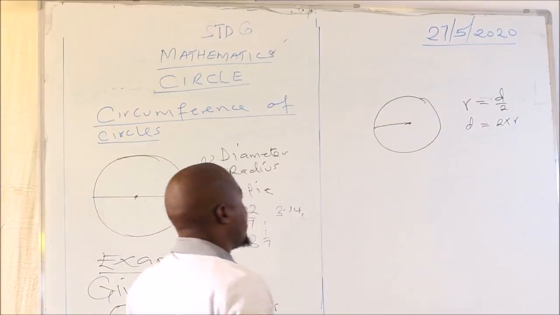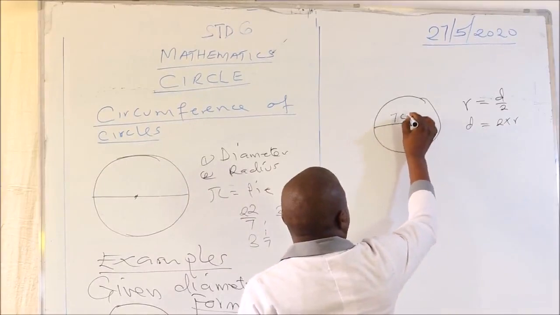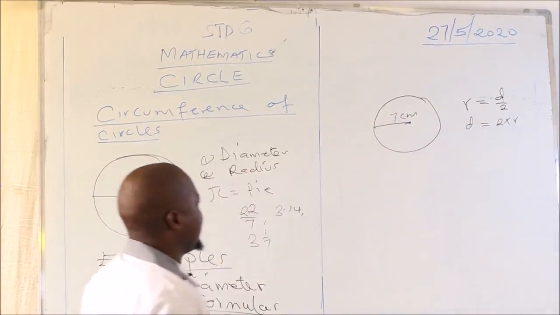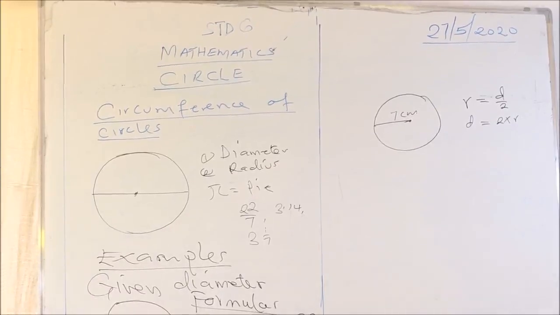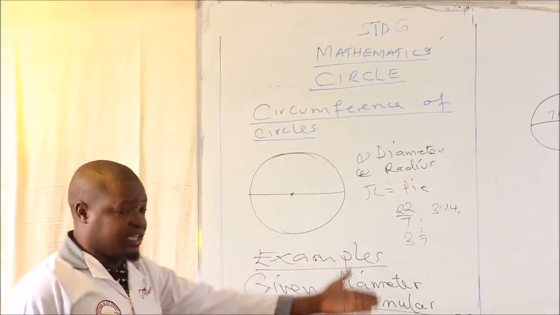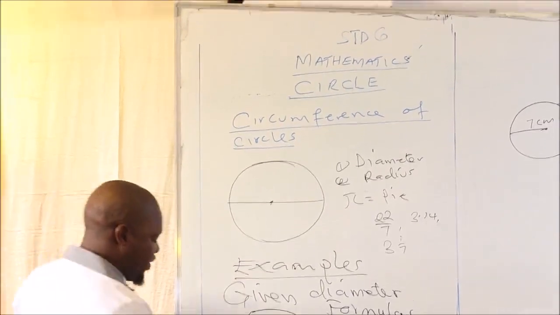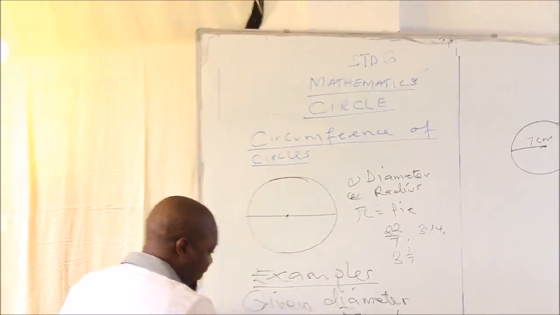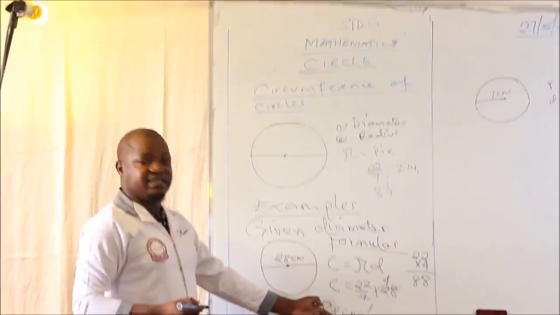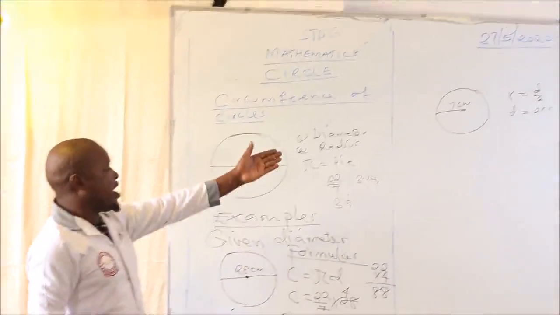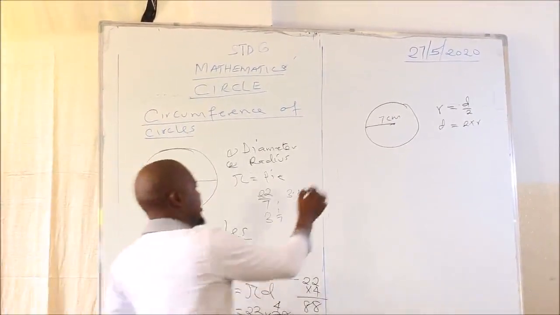So in this case, assuming that our radius here is 70 centimeters. Now we are looking for the circumference. I've said the circumference is all around, the distance around the figure. For example, if you start from here, going around this figure, one complete round, you will have covered the 880 centimeters. Now, when we are given the radius, how do you obtain the circumference?